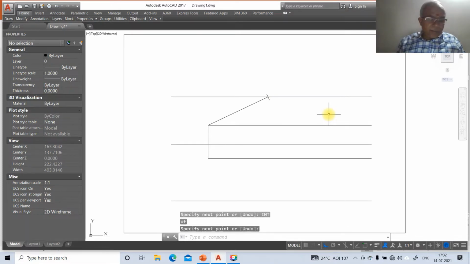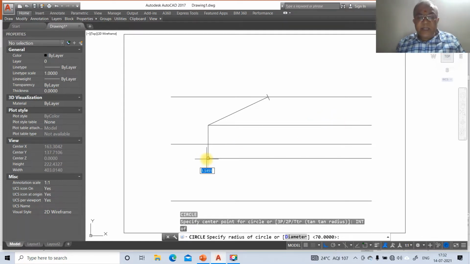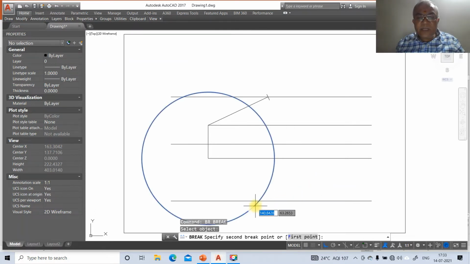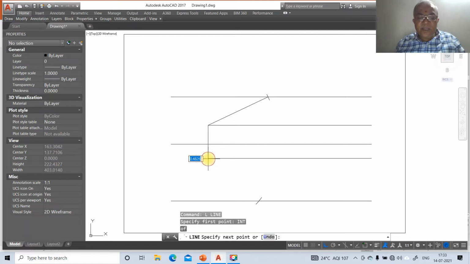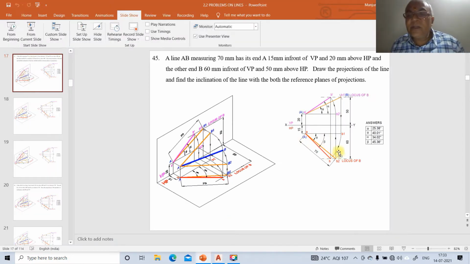Similarly, go to circle, take int of this, and here you take the radius as 70 again by default because it has taken the previous value, which is 70 mm. So you take 70, then go to break this line in this anti-clockwise direction and break this arc in the anti-clockwise direction, and go to erase and then go to line, take int of this and take intersection point of this. So now we got the true length in the front view and also the true length in the top